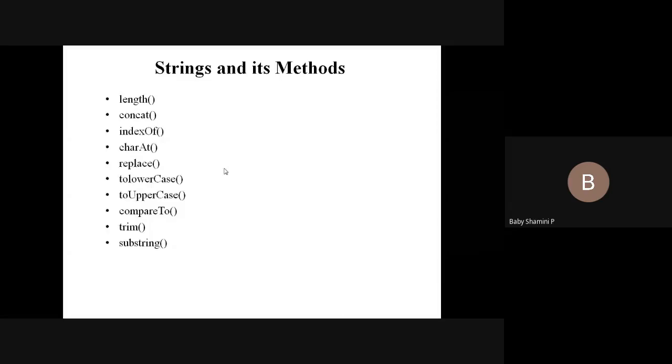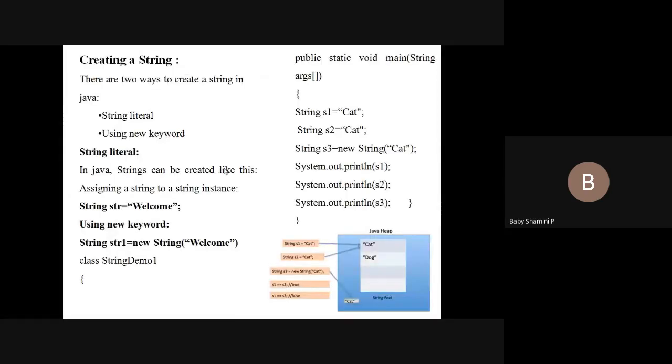First, how to create strings using the string literal method and the new keyword. Using the string literal concept, if you create an object, the value is directly stored in the string pool area. In the heap, separate memory is allocated for string operations. So if you perform some operations on a string, that is reflected in this string pool memory location. But we have to declare the string using the string literal method. String str equal to welcome. That is stored in this string pool memory location. This is also known as the string constant pool.